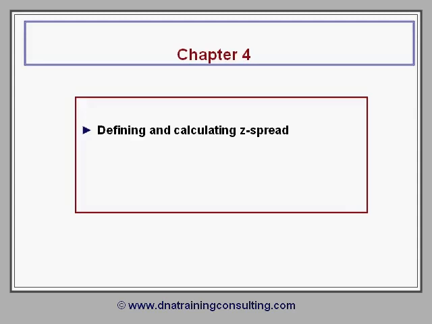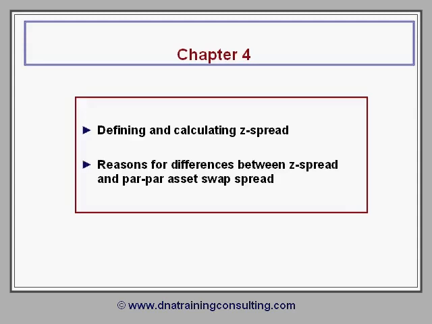This chapter 4 explains what we mean by a bond's z-spread, how this z-spread relates to but is different from the bond's yield to maturity,